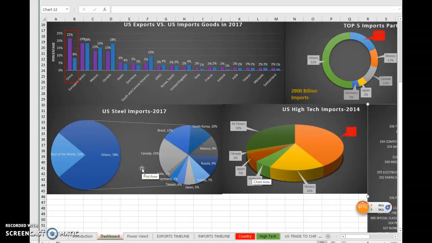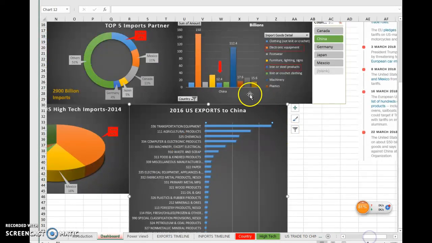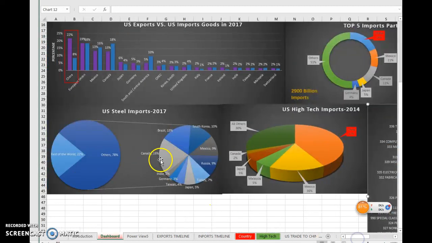Here, the top 10 countries contributing to steel imports take 78% of US steel market, but we cannot find China here. But we can find the Chinese steel and iron products here, which is about 12 and 4 billion US dollars. That is not too much, but